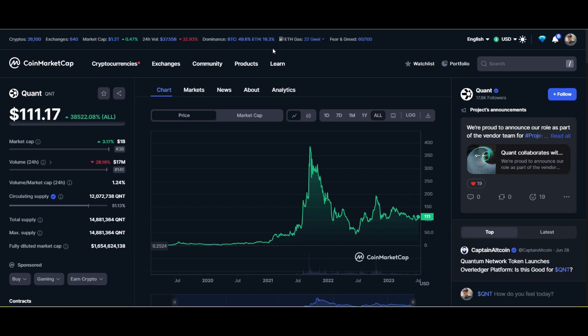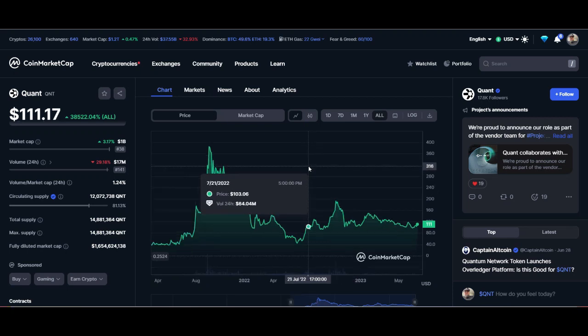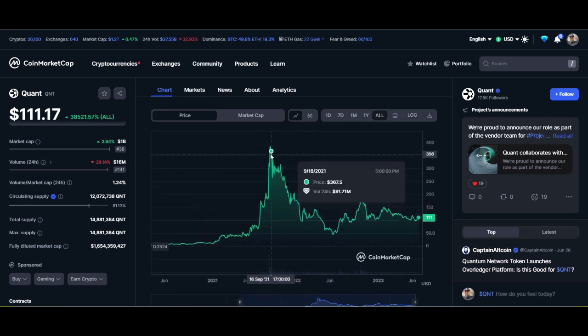So guys, this thing is huge. This is just the little baby step. If you look at Bitcoin, what I wanted to show you is this right here on a macro scale is minor. So this little pump right here is the baby step to the mountain climb. What I'm trying to say is this price